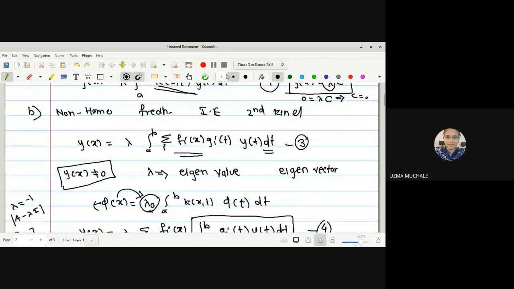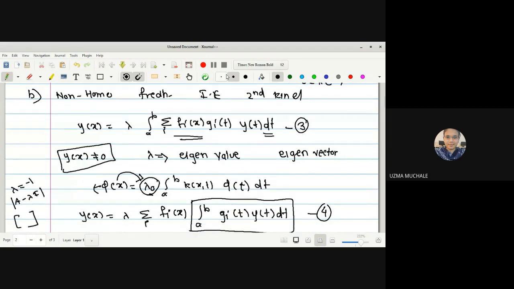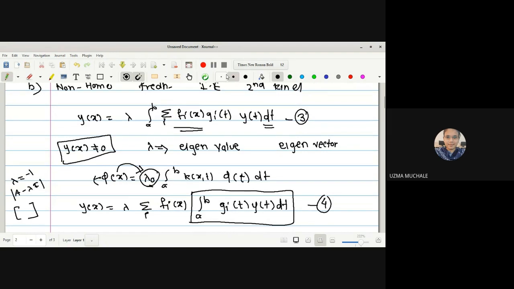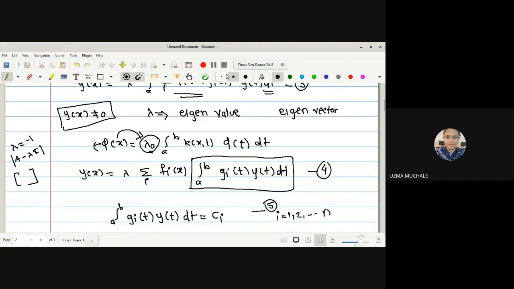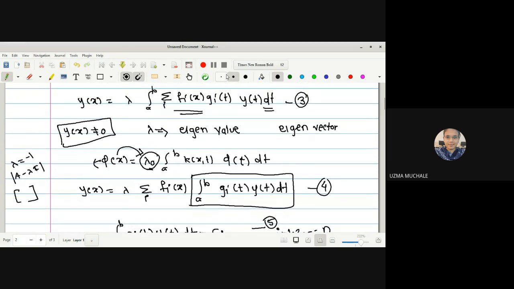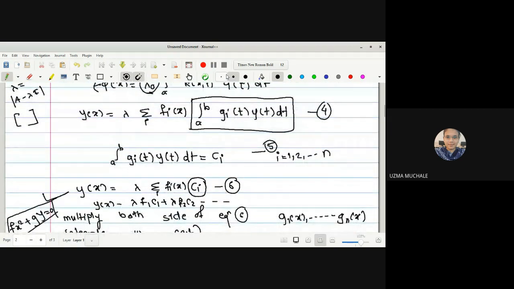And then after substituting this, in equation 3 you can have the term fi of x outside of the integration, since the integration is with respect to t. After that, we can have the solution lambda naught. I have just taken what you have studied in linear algebra, eigenvalues and eigenvectors. So corresponding to lambda naught, we can have some corresponding eigenvector. Now we have just taken the value of f of x outside, and in equation 4, we can substitute the value of those integrations a to b, because the upper and lower limits are fixed.